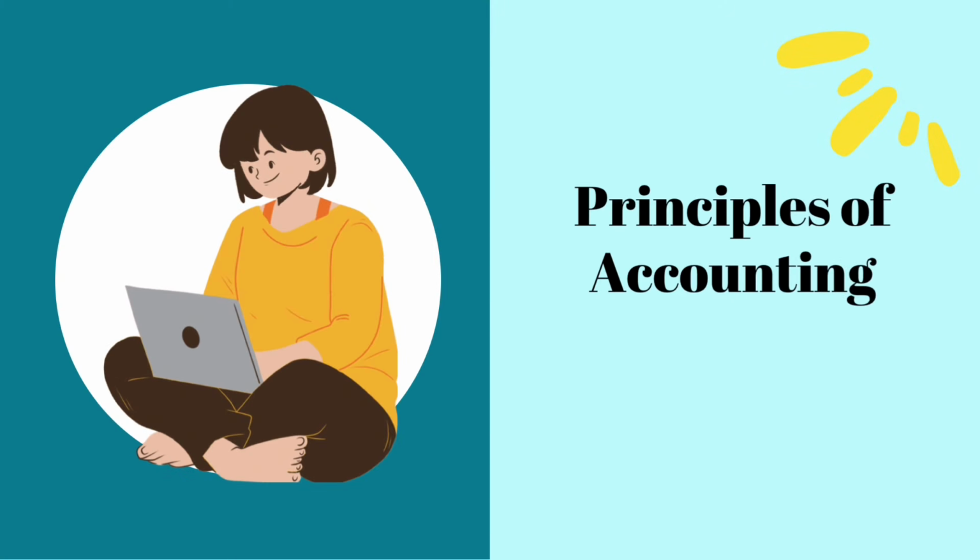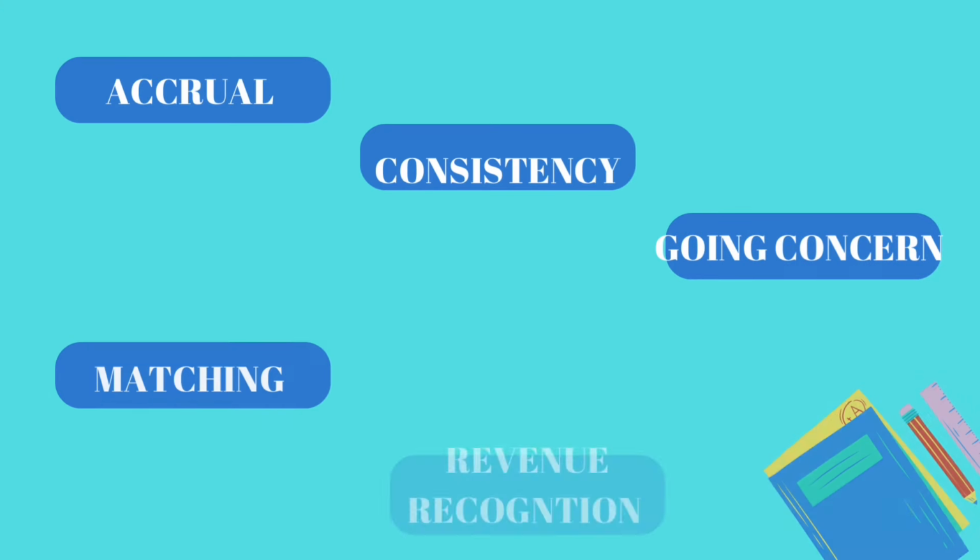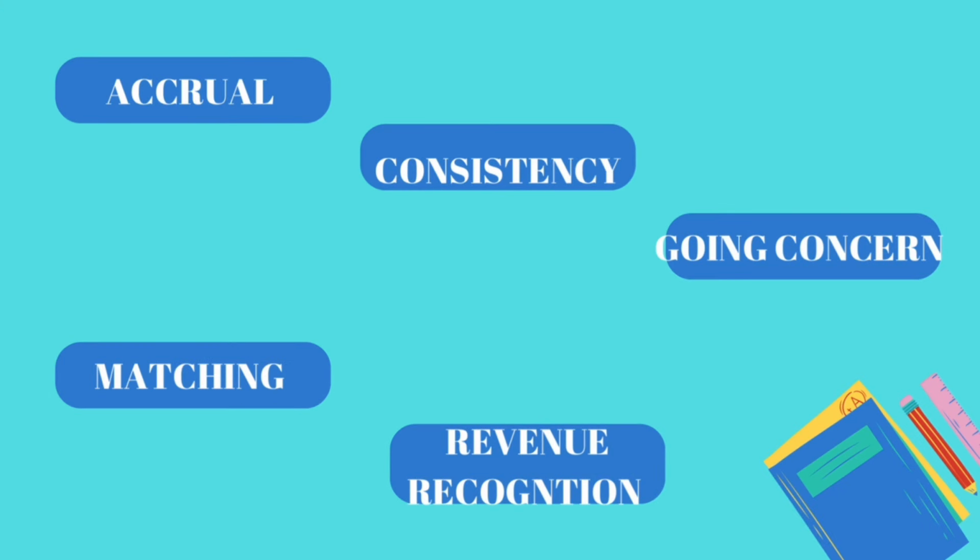The issue of principle. In life, we say we live according to certain principles. Why not in accounting too? In the accounting world, there are many principles that are stated to live by and to follow as you do accounting processes. And the 5 ones we're going to deal with that are most important are the accrual, consistency, going concern, matching principle, and the revenue recognition principle.